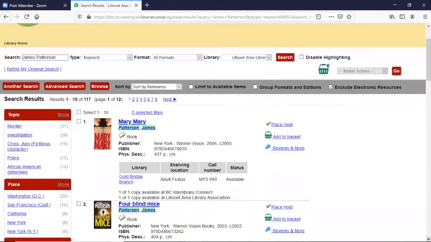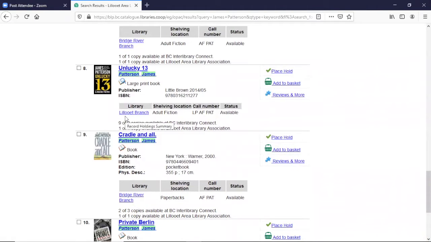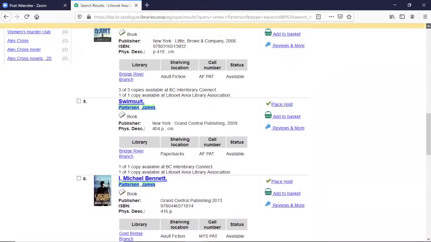And when you scroll down, you can see that all branches of the Lillooet Library are shown. So we've got items that are at the Gold Bridge branch and items that are at the Bridge River branch. So if we only want to look at one of the branches of the library, you just go to the top